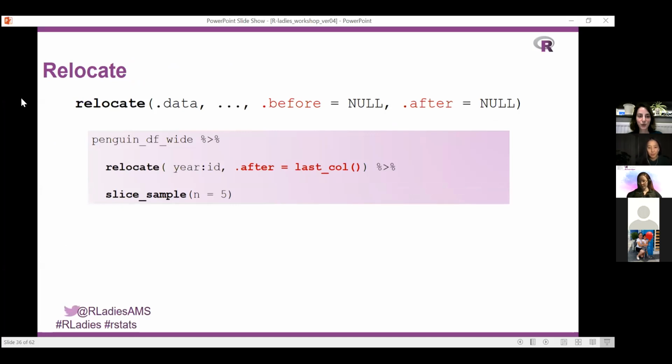And actually we do have the relocate function now. This is also a new one in dplyr. What it does is a more subtle way of relocating, because we can actually indicate that I want this column after this, or before this, or